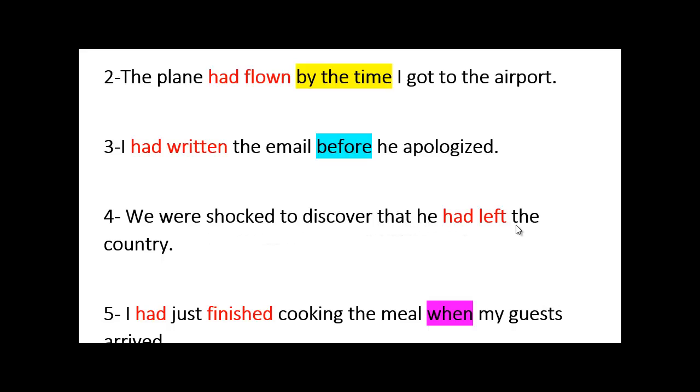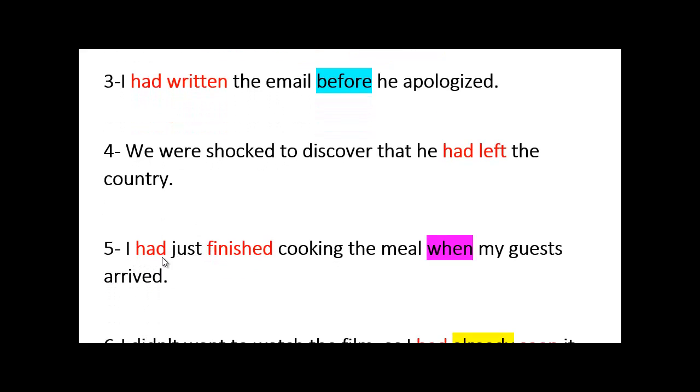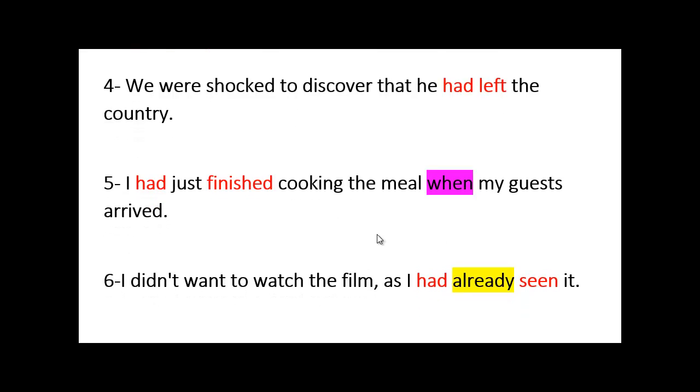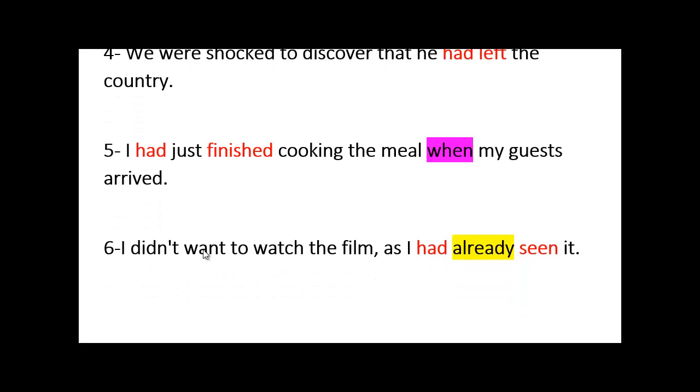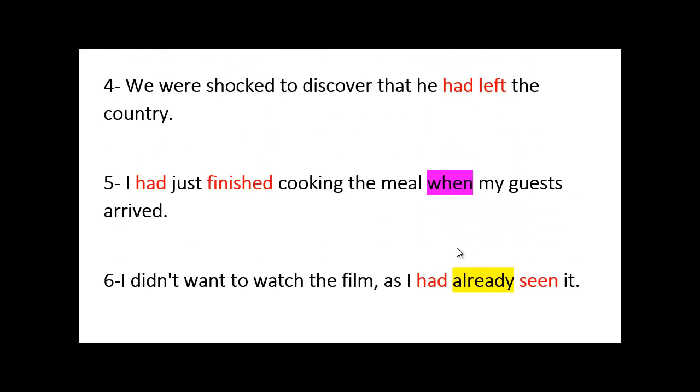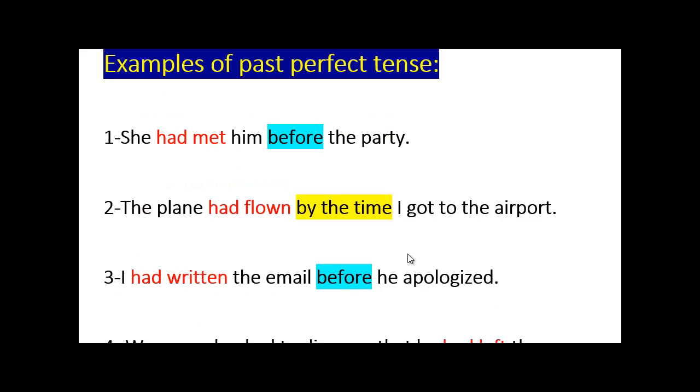We were shocked to discover that he had left the country, okay? I had just finished cooking the meal when, okay? Time expression. My guests arrived, okay? I didn't want to watch the film as I had already seen it, okay? Adverb of time. So we already have